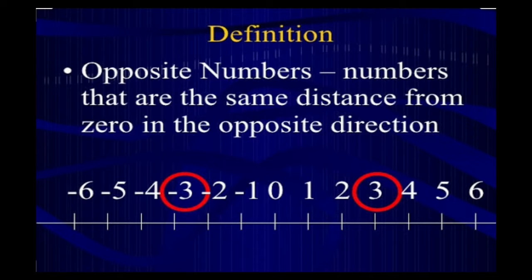Now we go to the next concept, that is of opposite numbers. What exactly are opposite numbers? Numbers that are at the same distance from 0. And where are they? On the number line. So numbers which are at the same distance from 0 in the opposite direction on the number line are known